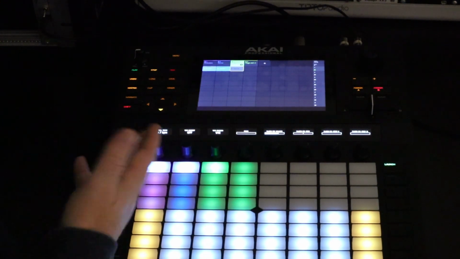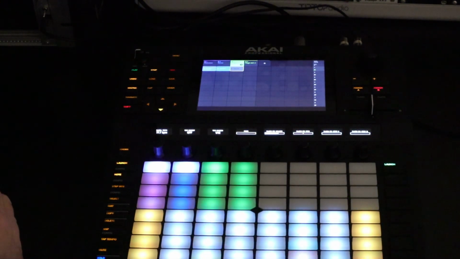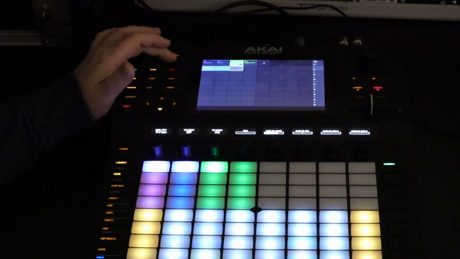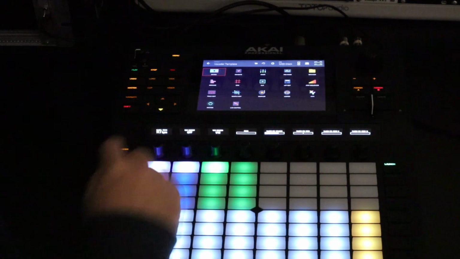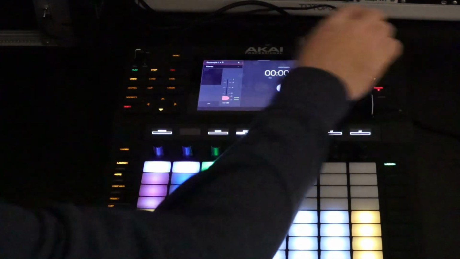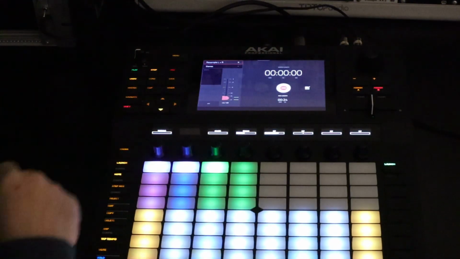There's a couple ways that we need to get this into a sample. So we could maybe record it to the arranger. I think it's maybe even easier to just go through here and use the sampler. So we'll go over here to the sampler. We'll set this to resample left and right. We'll make this a stereo. I've already got my